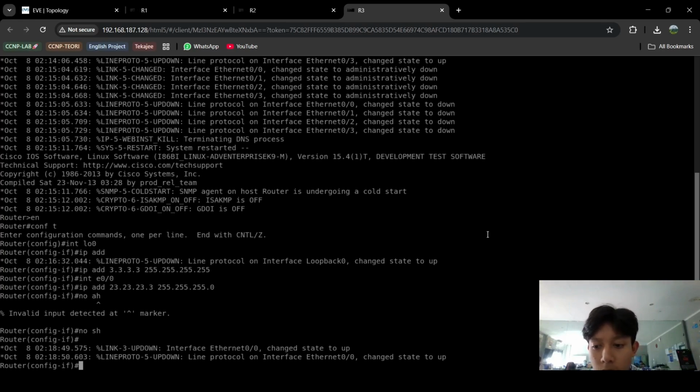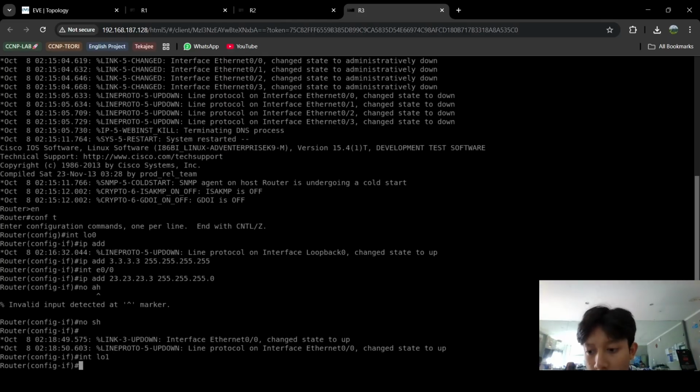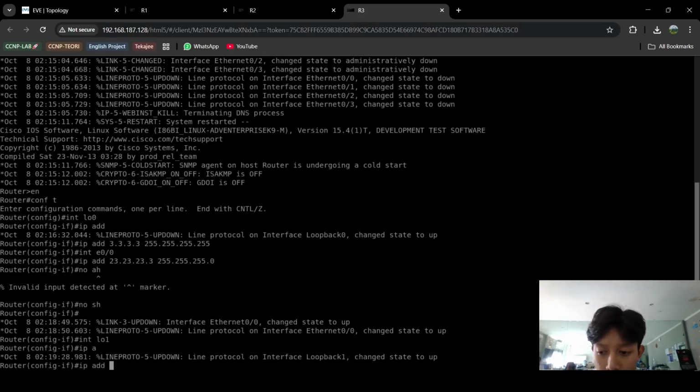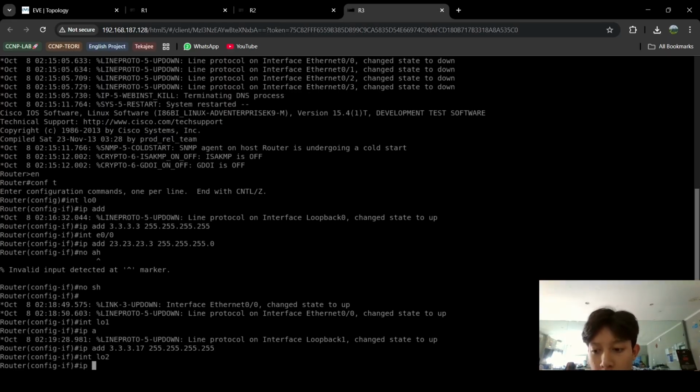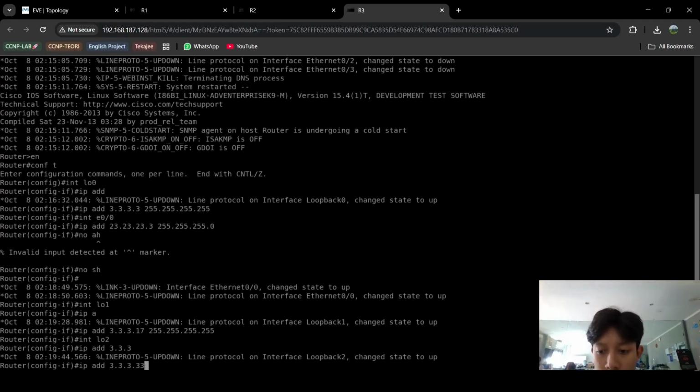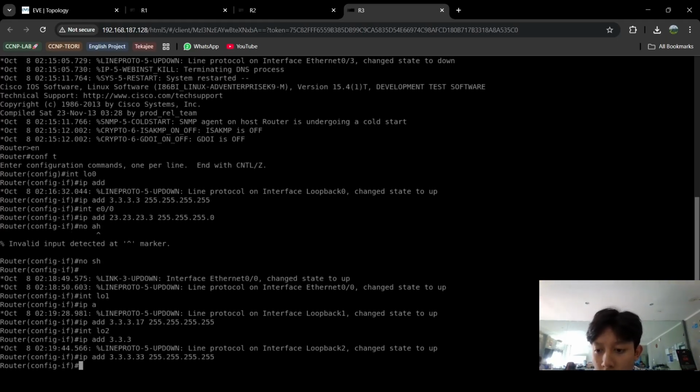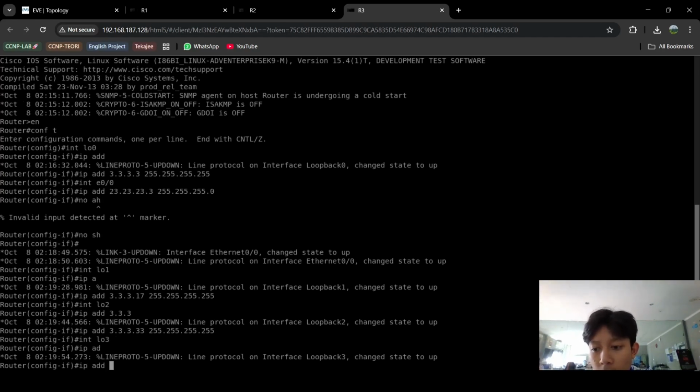For example, I will add interface loopback 1, and the IP address 3.3.3.17, and the subnet mask is the same, and interface loopback 2, maybe IP address 3.3.3.33, and the subnet mask is the same, and interface loopback 3, the IP address maybe 3.3.3.100, and the subnet mask is the same,